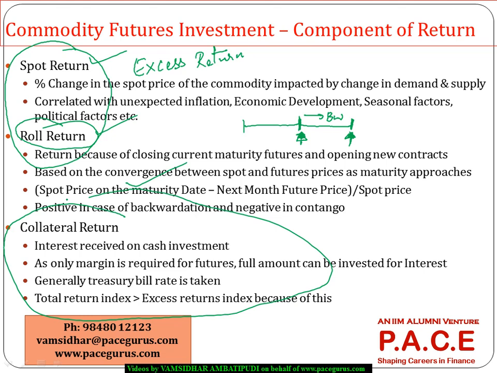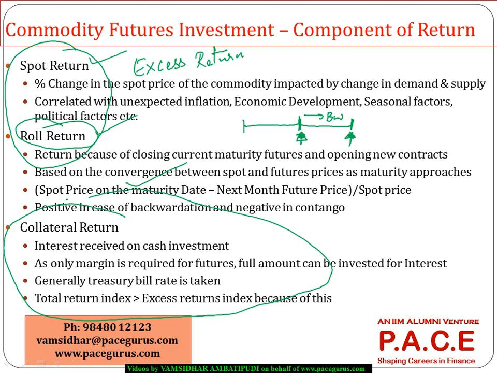Generally we equate it to the risk-free rate of return for that period, which could be a treasury bill rate. It's basically that I am collateralizing the position by getting into the treasury bill investment, which could give me a slightly higher amount on the day I have to purchase that particular commodity 3 months later. So my position is increased by the extent of that extra interest that is getting generated.